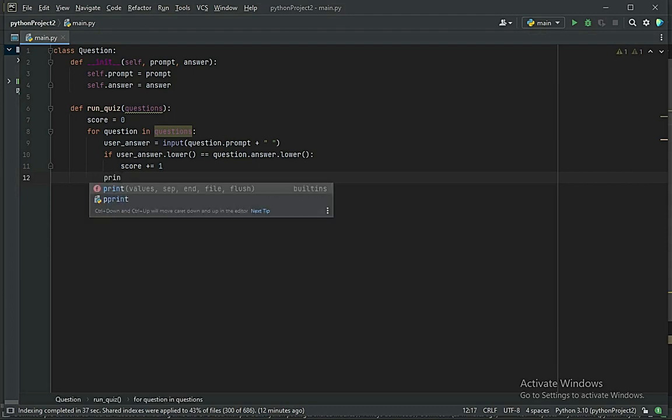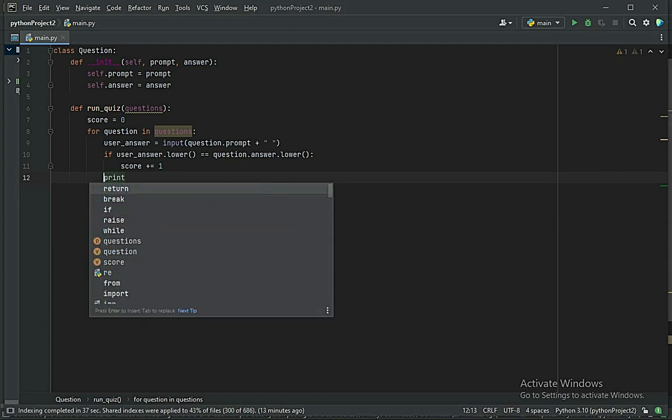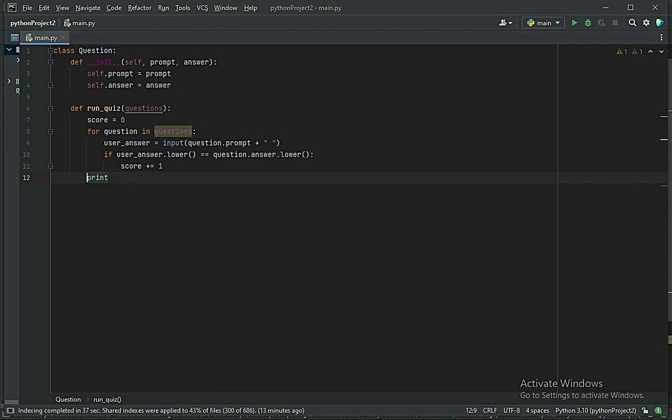I think these have to be here for this for loop. This has to be print. Let's say you scored